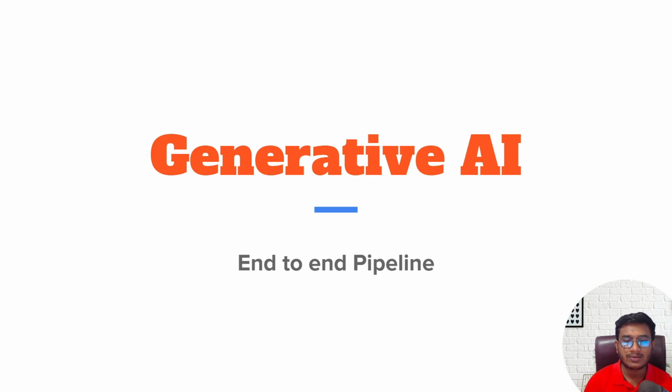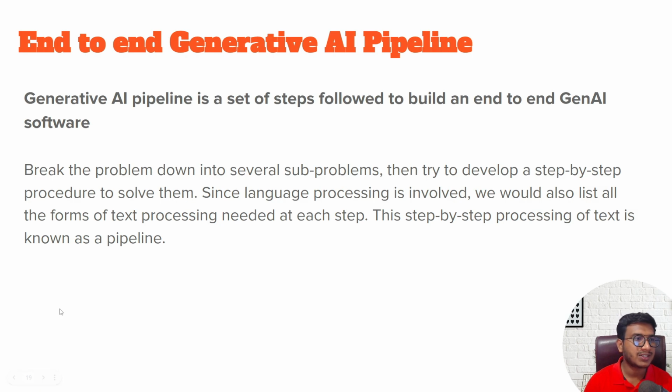See, it's not like whenever you get a problem statement from your company, or you receive the data, you will directly apply the model on top of it. Before applying the model, we have to perform some specific tasks, okay? And those step-by-step tasks are called a pipeline. So you can see a generative AI pipeline is a set of steps followed to build an end-to-end Gen AI software,